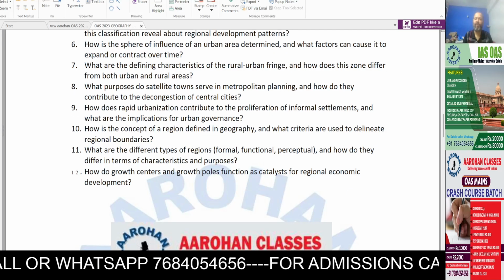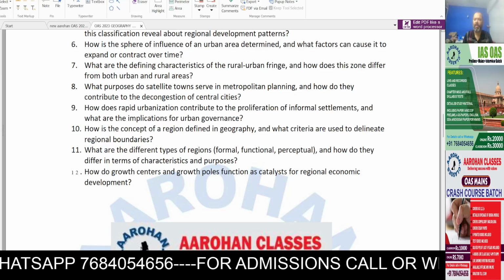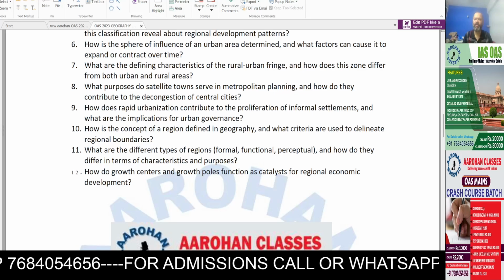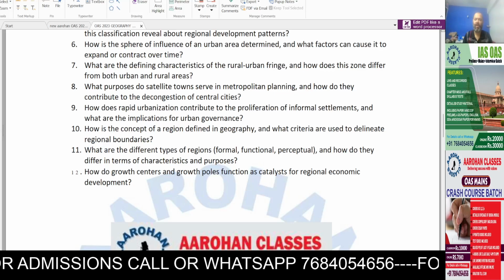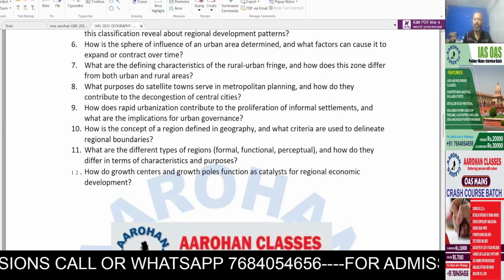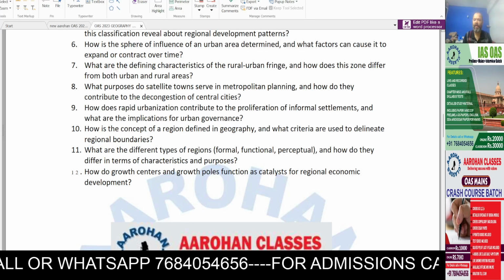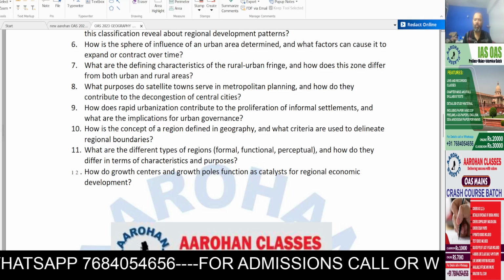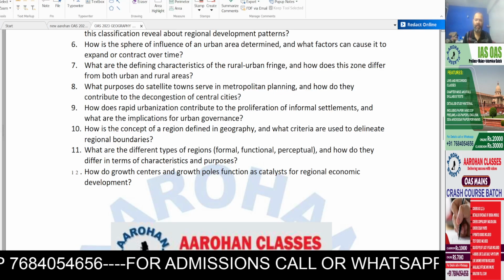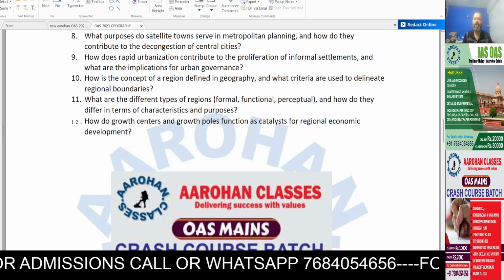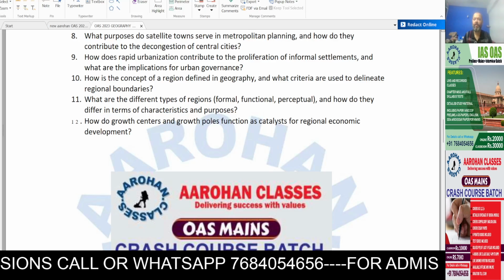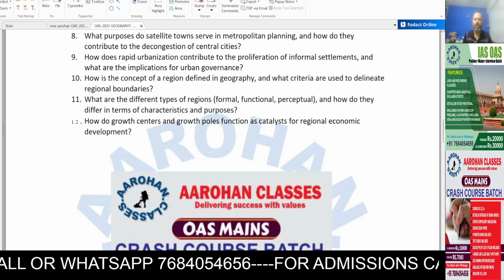How is the sphere of influence of an urban area determined, and what factors can cause it to expand or contract over time? Question 7. What are the defining characteristics of rural urban fringe, and how does this zone differ from both rural and urban areas? Question 8. What purposes do satellite towns serve in metropolitan planning, and how do they contribute to decongestion of